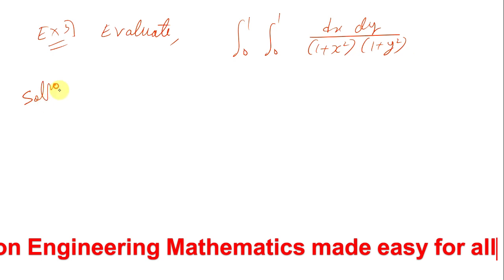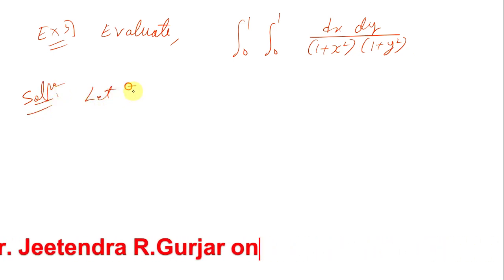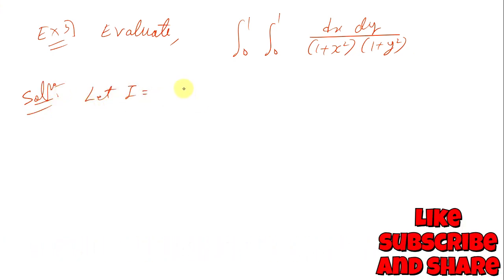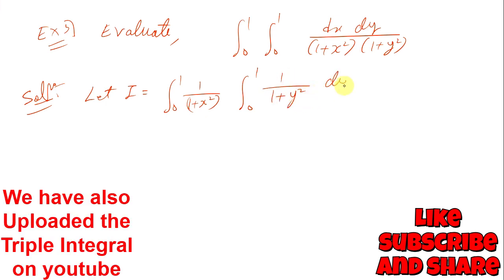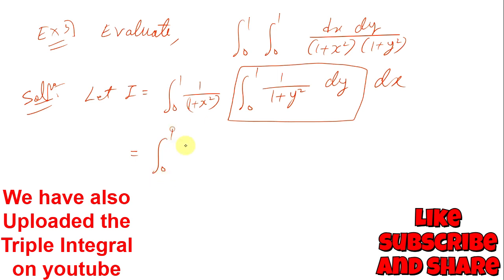Yes students, easily you can calculate this. I just take this as let I is equal to, first I will take y value and then I will take x value. So therefore this is integration 0 to 1 upon 1 plus x square. I will take it outside. So this is integration 0 to 1 upon 1 plus y square dy dx. So I have just taken y inside this value students. Okay, so therefore this is going to become integration 0 to 1 divided by 1 plus x square into,